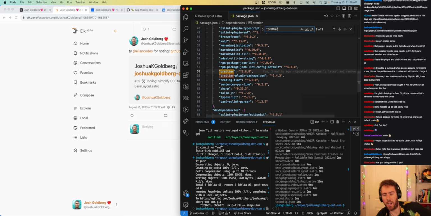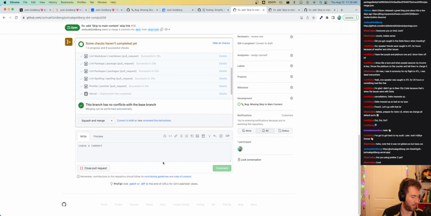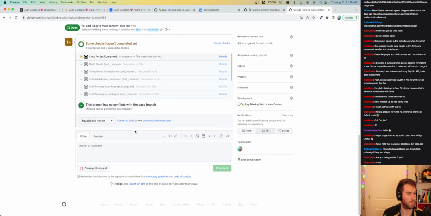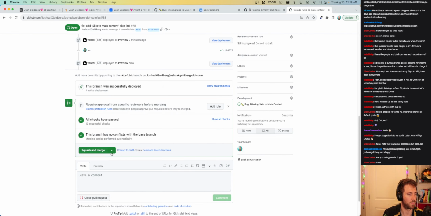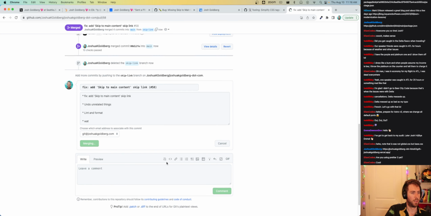Yeah, I finally got around to fixing up most or all of the last bits on my template package, so I'm gonna roll it out this coming week or two, I hope, to all my repos. Should I upgrade, or are there any big fun new things with Prettier and Astro in V3? Come on, Linter. Nice. Merged.